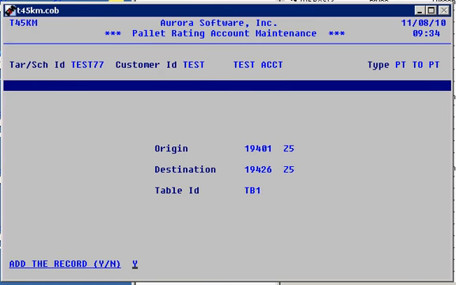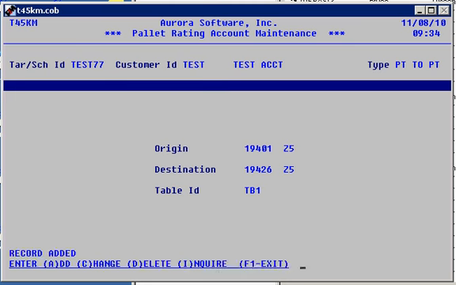Now let me explain real quick how this works. You're going to have a series of tables, which we've done in step number 2, and you're going to put these tables to a combination, an origin zip to a destination zip. They're going to have different rates depending on how you've negotiated them. So we're going to hit a Y for yes, and you have successfully added a table to a point-to-point table